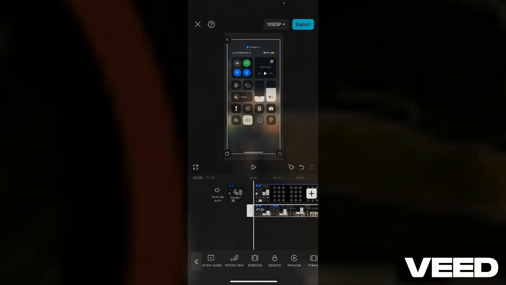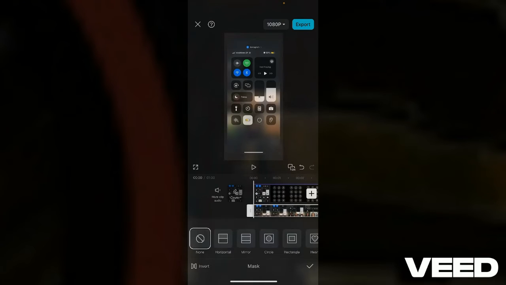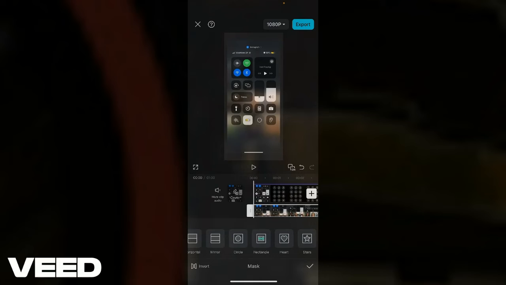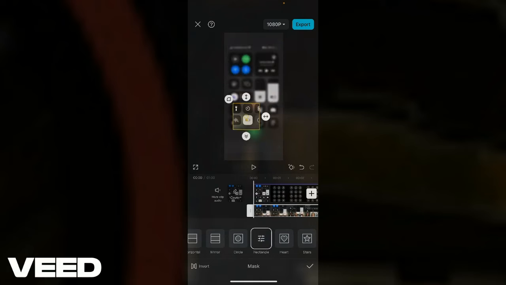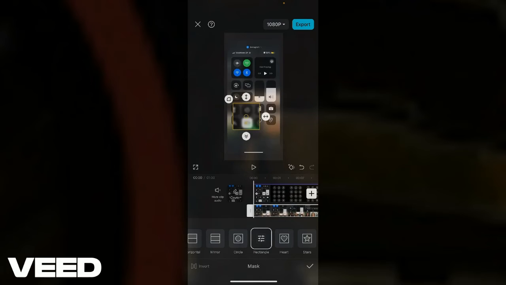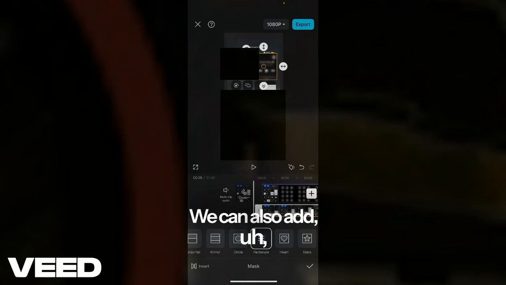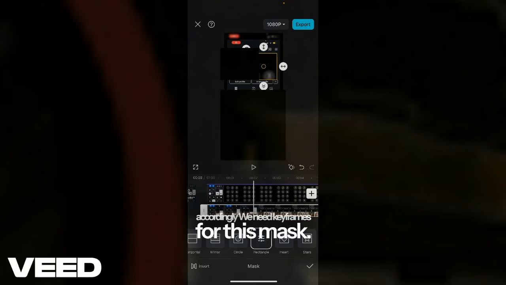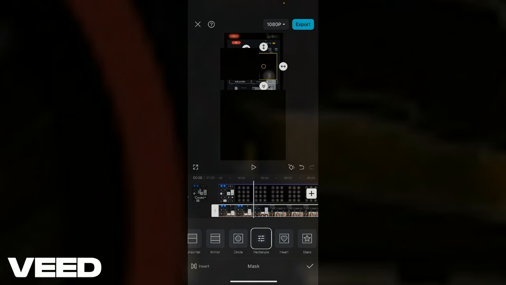Here's the mask. Select, for example, a square. Click Invert at bottom left for the opposite effect. Now we can move it to the desired spot. We can also add, accordingly, we need keyframes for this mask. For this, we